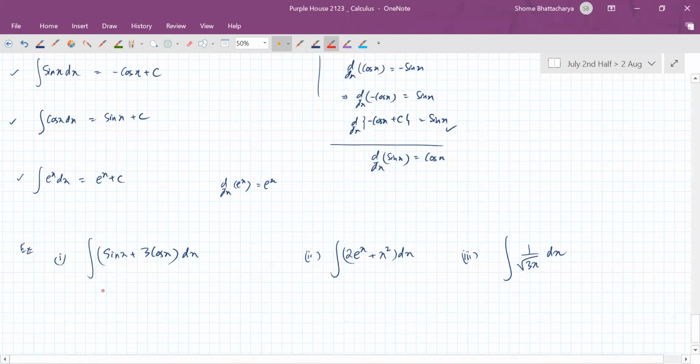So this is going to be minus cos x plus 3 sin x plus c. Okay. This is 2 e raised to the power x plus x cubed by 3 plus c. And this one is going to be